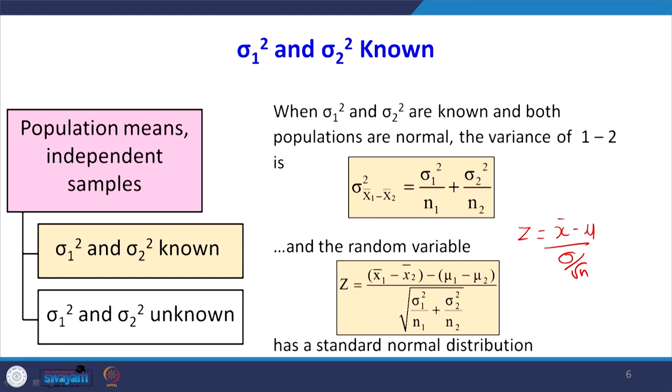So, in this formula, previously we have taken only one sample; here there are two samples, that is, we are finding the difference of the two samples. So, it should be x1 bar minus x2 bar. Previously we have assumed one population mean; now we are going to find the difference of the two population means. So, mu 1 minus mu 2. This standard error, sigma by root n, we got from this one. So, you have to take the square root of this, and that will become root of sigma 1 square by n1 plus sigma 2 square by n2.